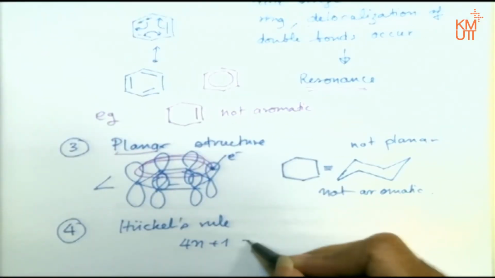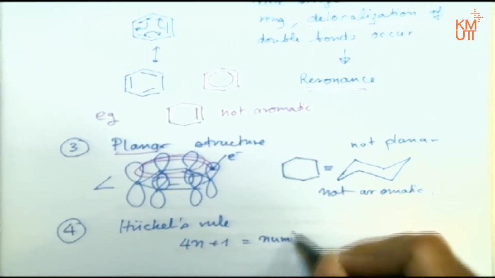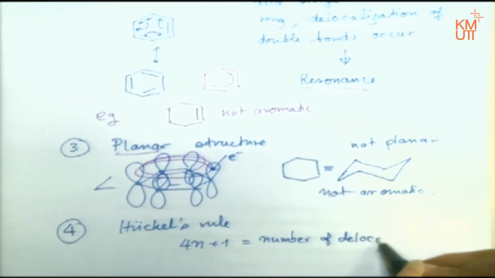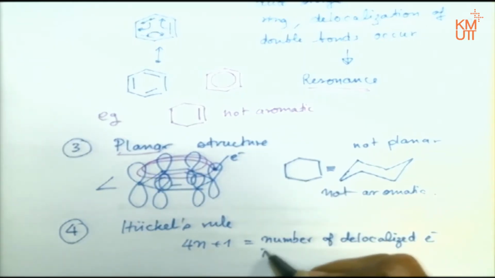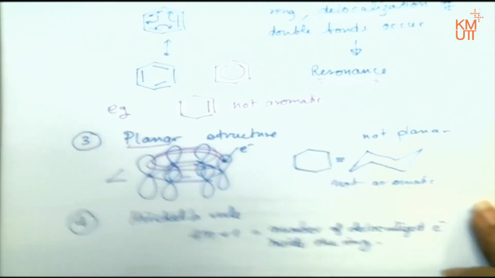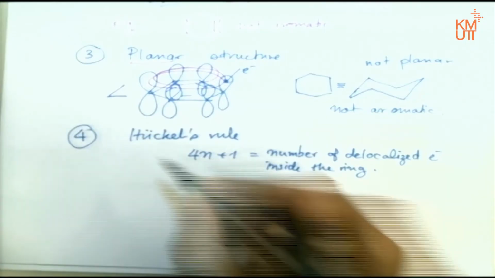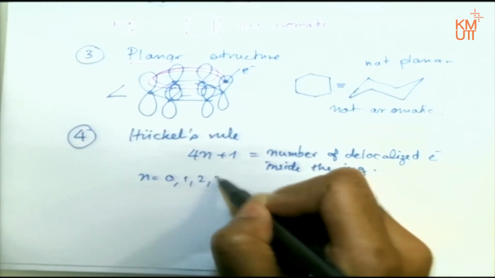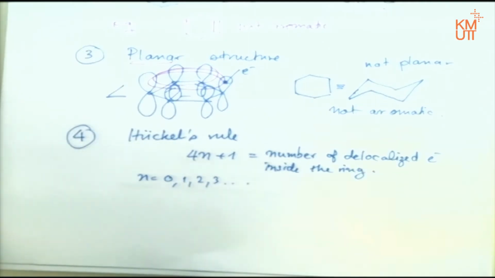For n plus 1 is equal to the number of delocalized electrons inside the ring. Okay, so what does it mean? n must be an integer: 0, 1, 2, 3, whatever. So the number of delocalized electrons must be